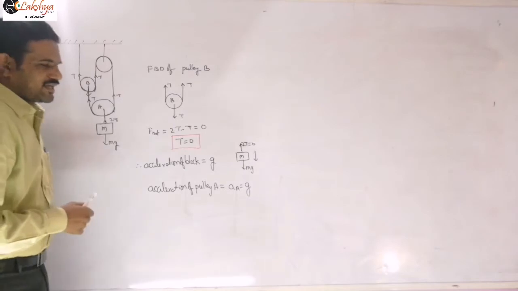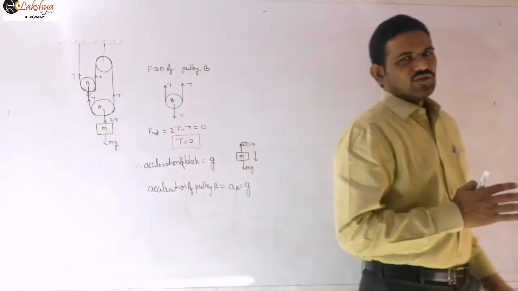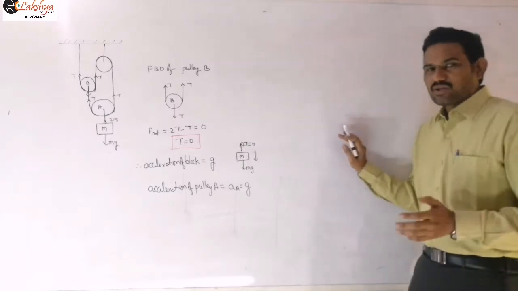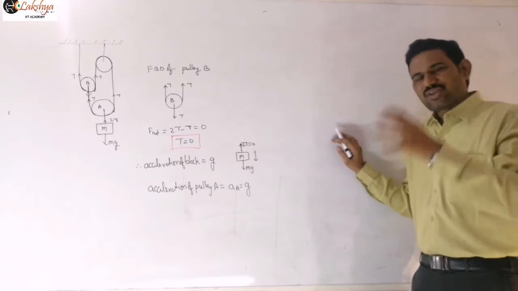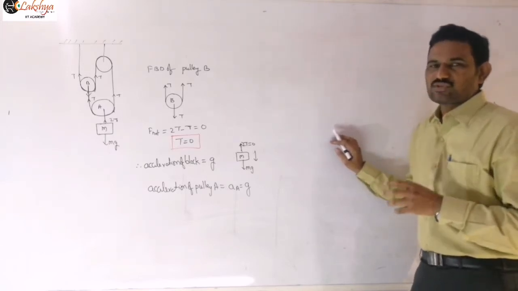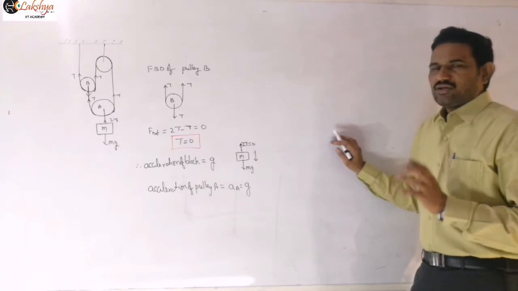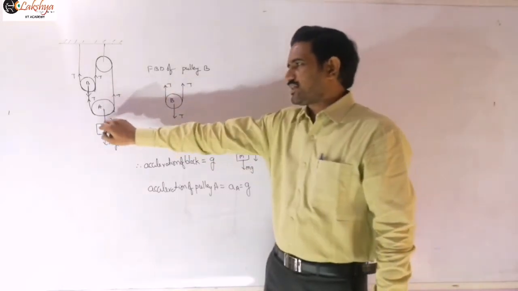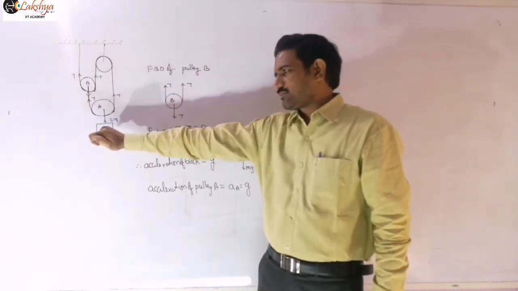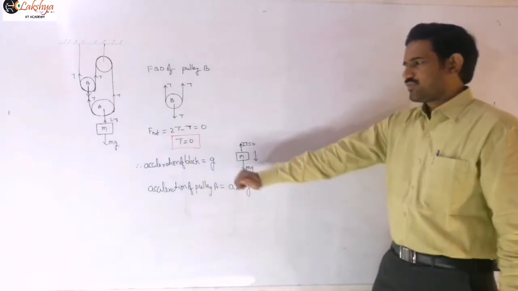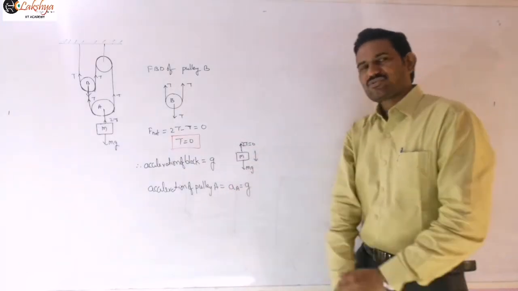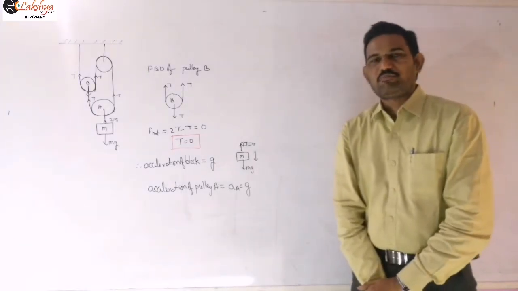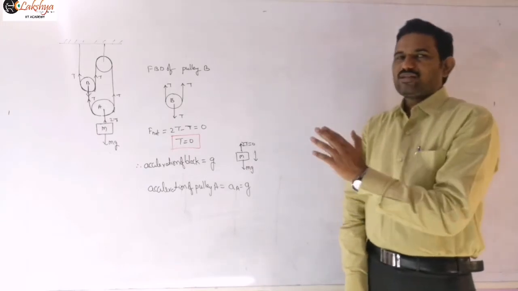And next, to find the acceleration of B, you can't solve it by the tension method here. That is a situation where we can't apply the tension method. Whenever accelerations of movable massless pulleys are involved in the problem, you need to consider the length method only. You can calculate the acceleration of this pulley directly, because the acceleration of this pulley is nothing but the acceleration of this block. The acceleration of that block is g, so the acceleration of this pulley is also g.